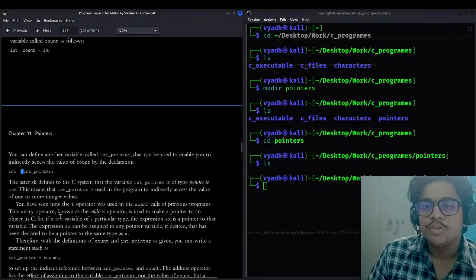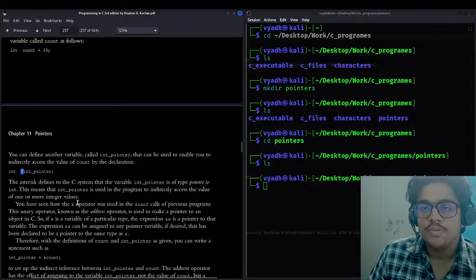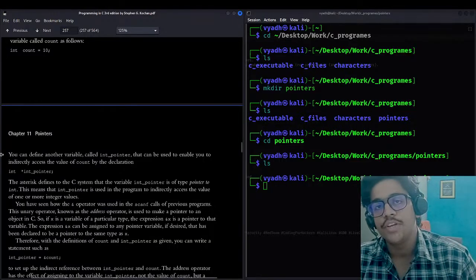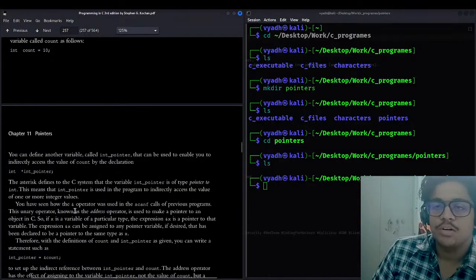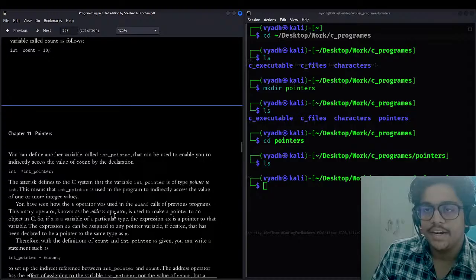So you have seen how the and operator was used in scanf calls. In the scanf function we use the and operator to denote a particular kind of variable. In the scanf calls of a previous program, this unary operator, known as the address operator, is used to make a pointer to an object in C. Let me read it again.